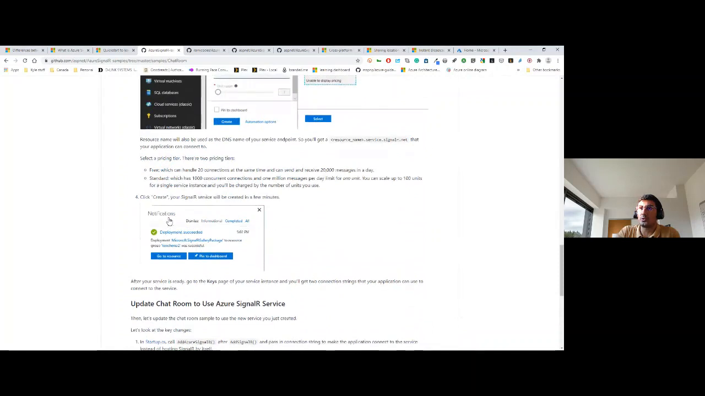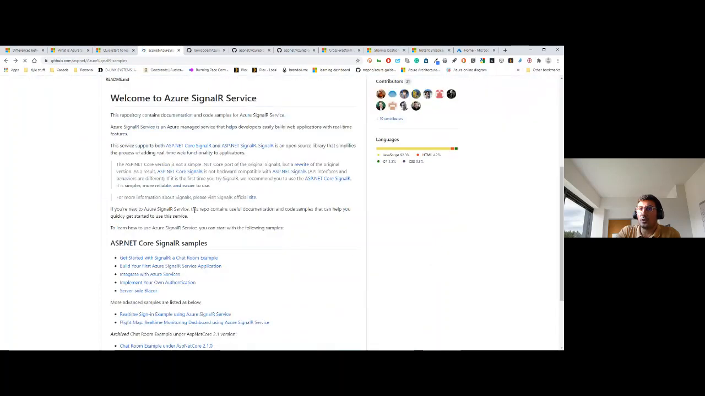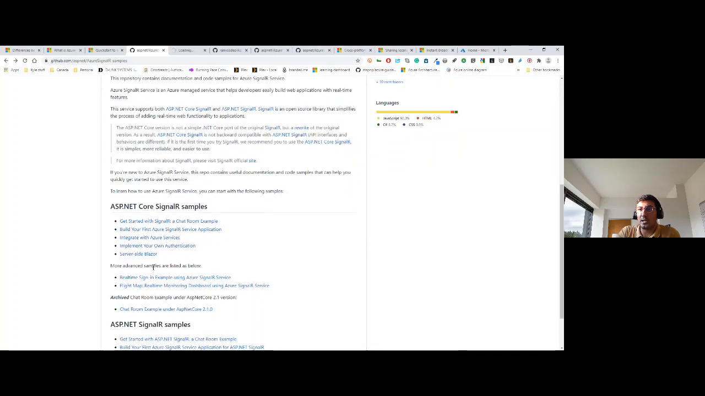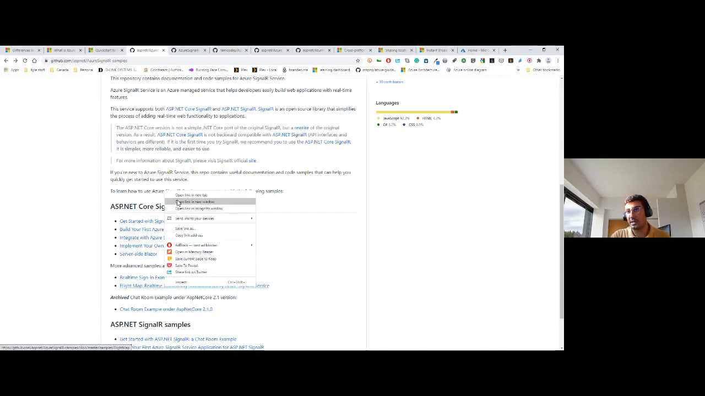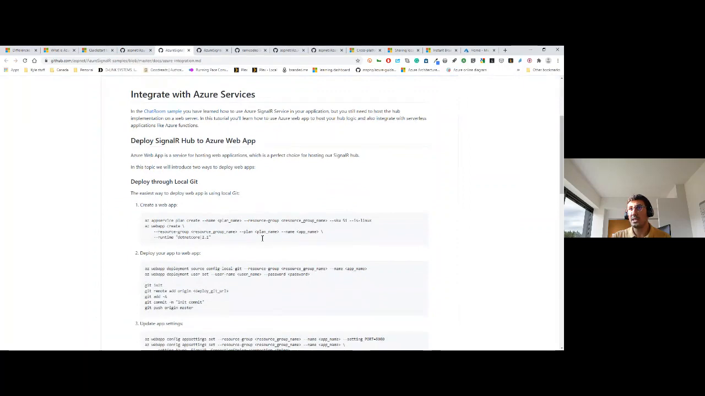And of course, if you want to add more features, just go back to the repo itself, and then go more fancy. You can integrate with other Azure services. You can go with more advanced samples like listing scenarios and what have you. You can also see here a flight map, real-time monitoring dashboard using the SignalR service. You can see more samples that you can use. This one was for the earlier version, which is the SignalR with .NET. Here, if you want to integrate with other Azure services like Azure Functions,